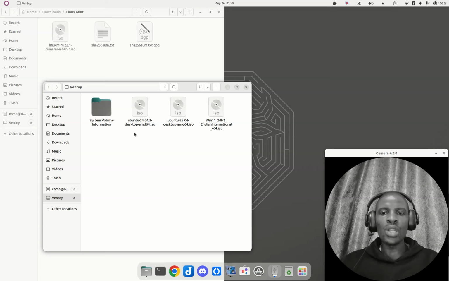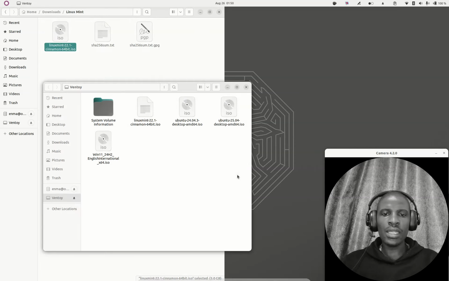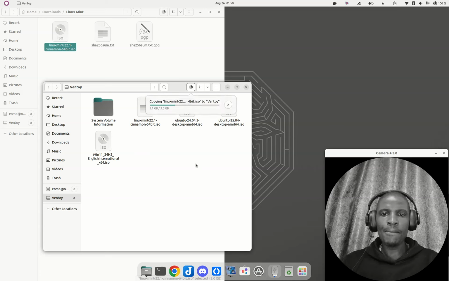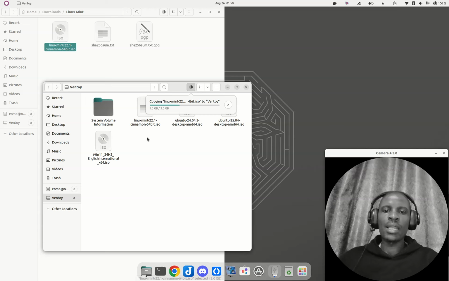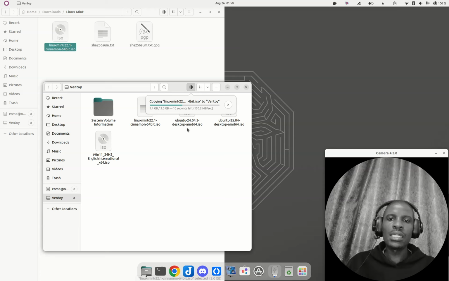And all I need to now do is to just move files inside this particular folder. So I'll drop this file here. Okay. So in addition to my Ubuntu and Windows 11 ISO, now I'm going to have my Linux Mint ISO